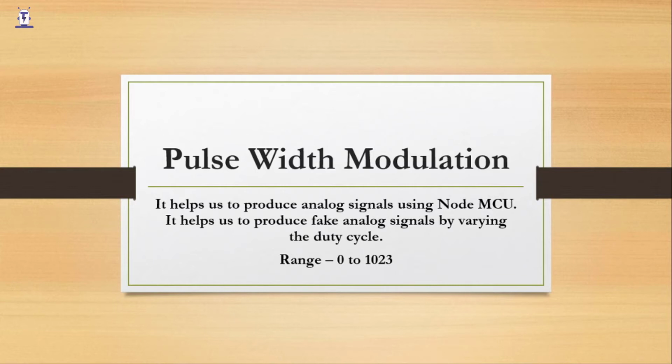The pulse width modulation has a range of 0 to 1023. 0 means that it is off, and 1023 is its maximum capacity. We can enter any value in between 0 and 1023 to modify the width of the signal. In simple terms, consider that a signal has a particular width. At its maximum width, it is at the highest voltage, and we reduce the width of the signal to control the amount of electricity that we are giving through NodeMCU.